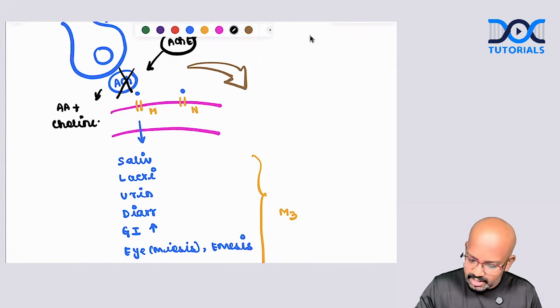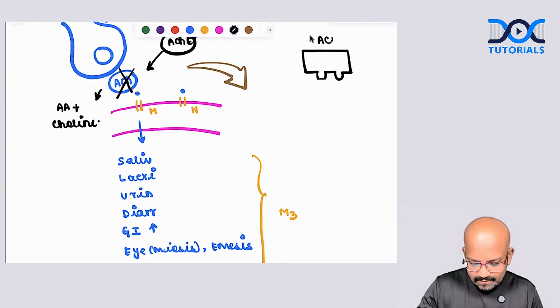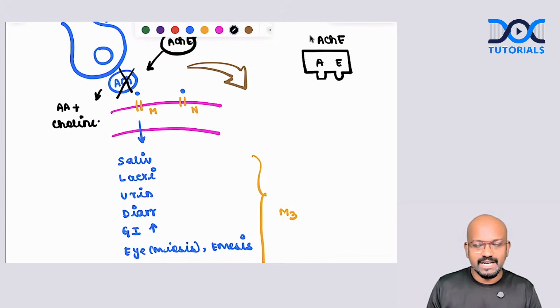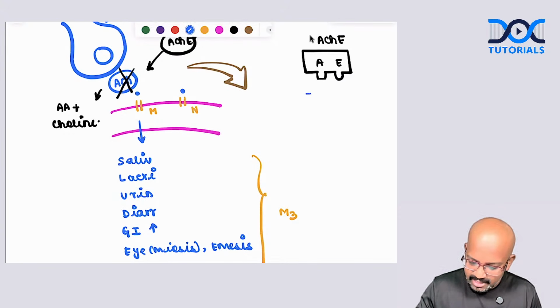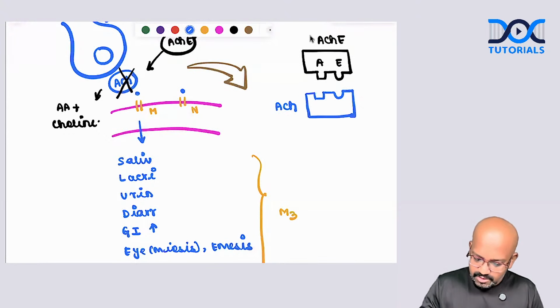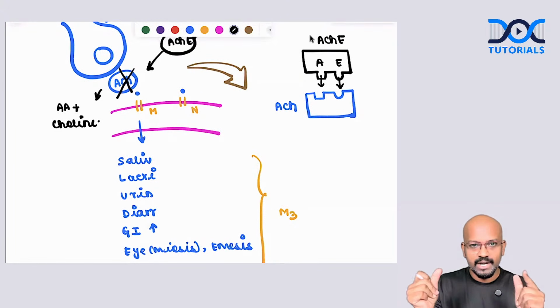So consider here is where your acetylcholinesterase enzyme is. It contains 2 sites, my dears. The acetylcholinesterase enzyme, which we have drawn over here, contains 2 sites. The first site is called the A site. The other one is called the E site. A stands for anionic site. E stands for esteratic site. This in turn will be binding with acetylcholine. Again, acetylcholine will be having 2 sites for the easier binding with the acetylcholinesterase enzyme. So whenever this molecule is coming and binding with the anionic and esteratic sites, the acetylcholine is getting broken down. This is the normal physiological mechanism, my dears.